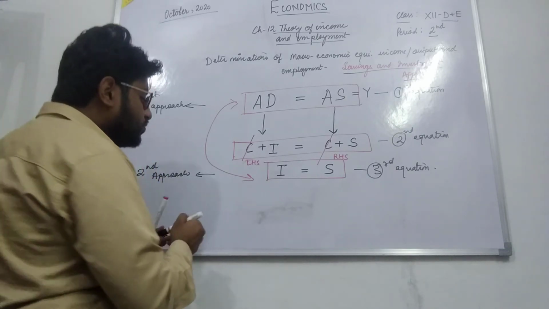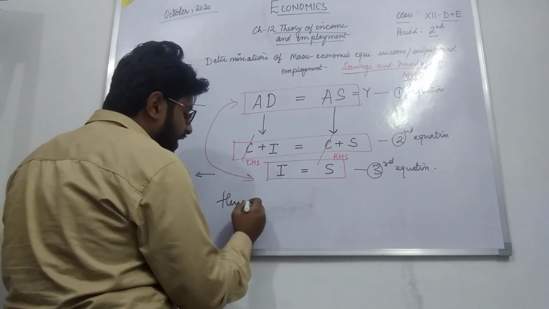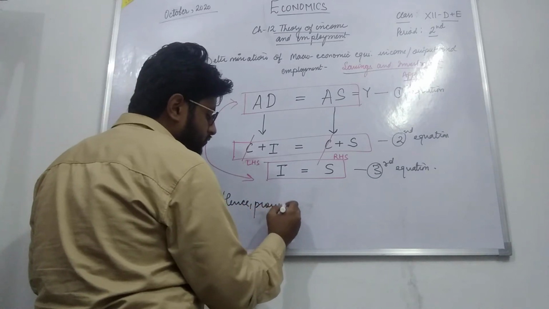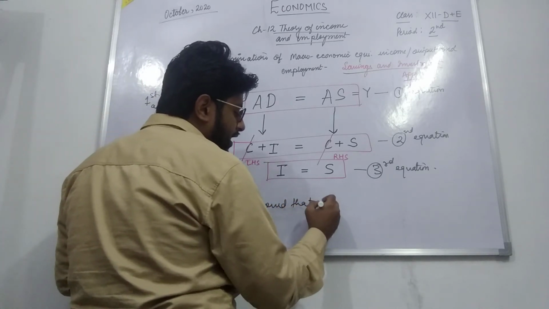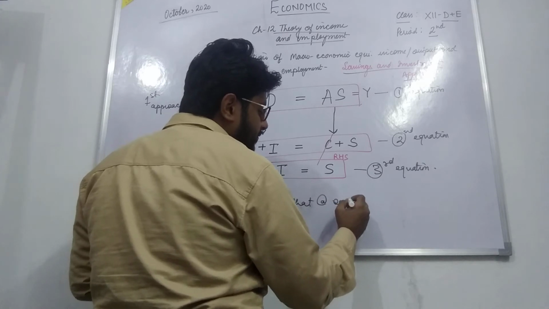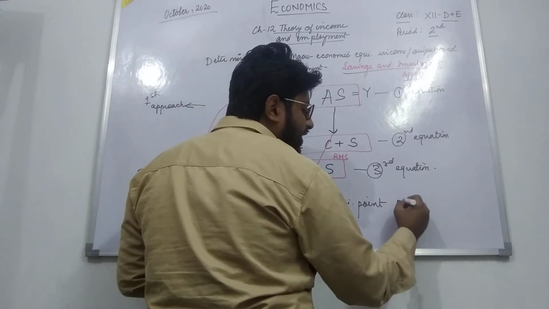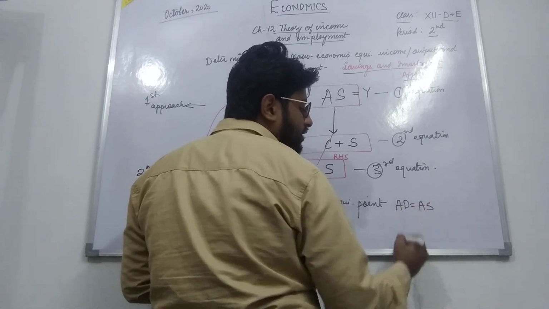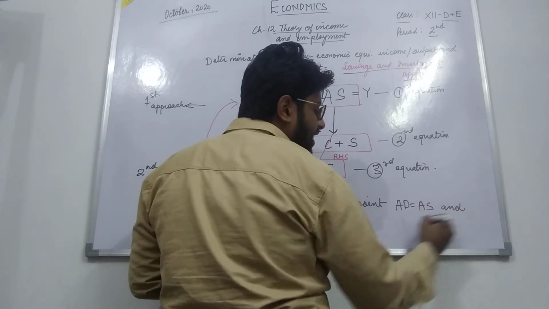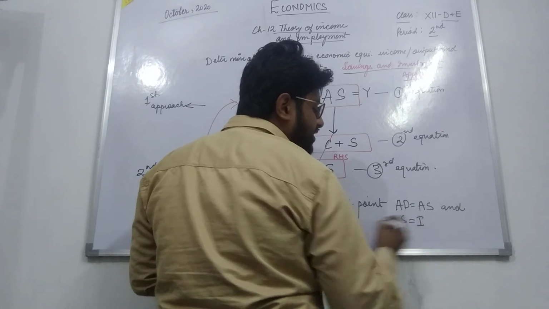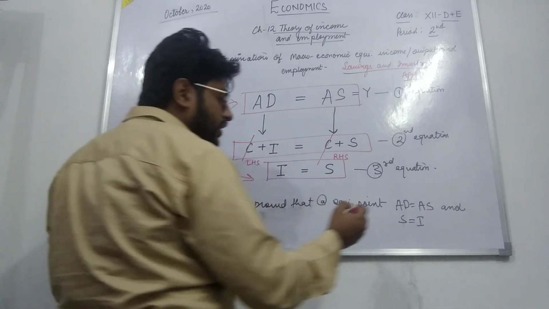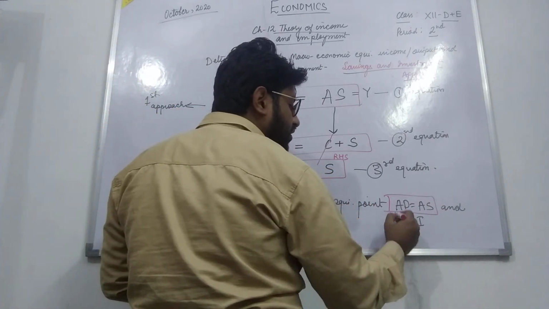Okay, so hence what is proved over here? Hence proved that at the equilibrium point, my aggregate demand and aggregate supply both are equal, and my savings and investments both are equal. So whether we talk in this sense or this sense,